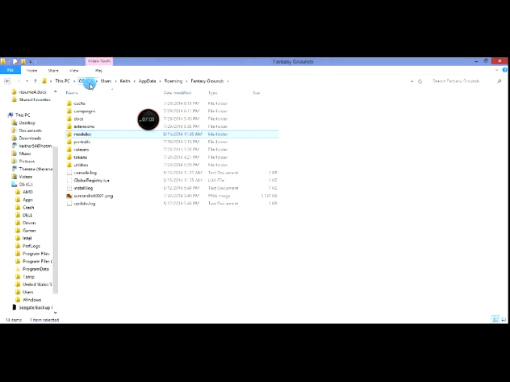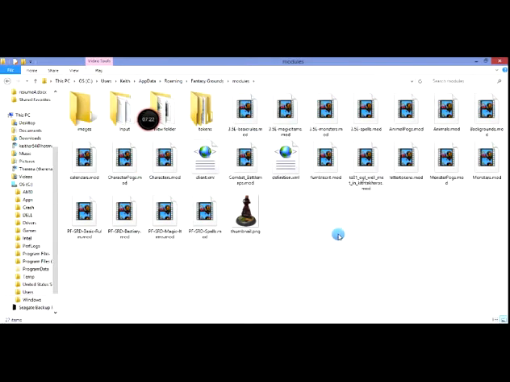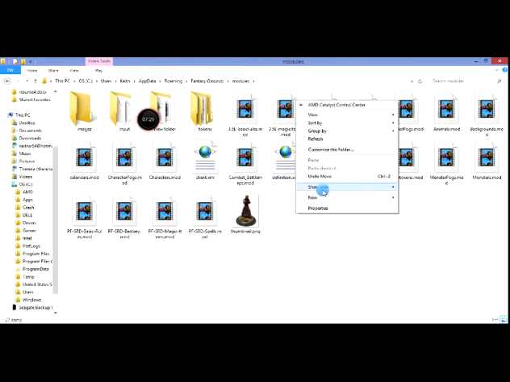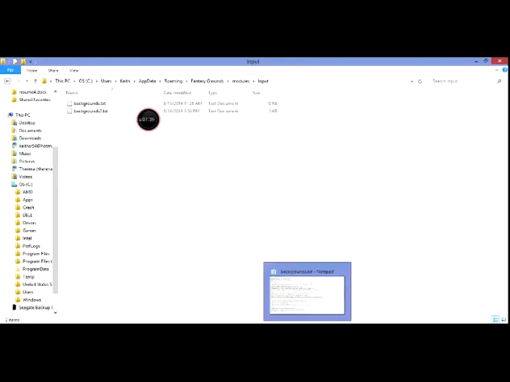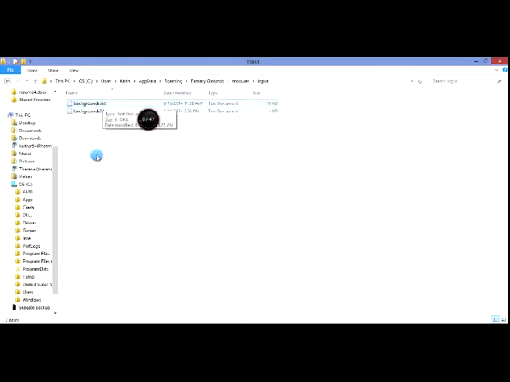So if you go into your hard drive, users, Keith, or whatever your name is, app data, roaming, Fantasy Grounds, then open up modules. Inside here, you're going to right click, go to new folder, and name it input, okay? And then the notepad that you made for the background, you're going to save inside input here, okay? You're going to name it